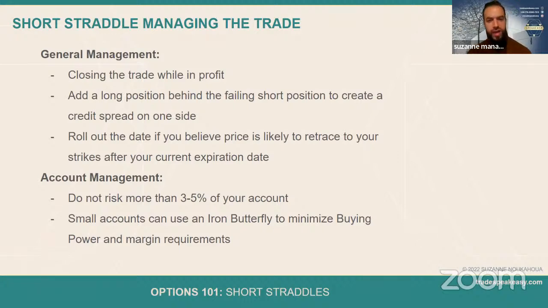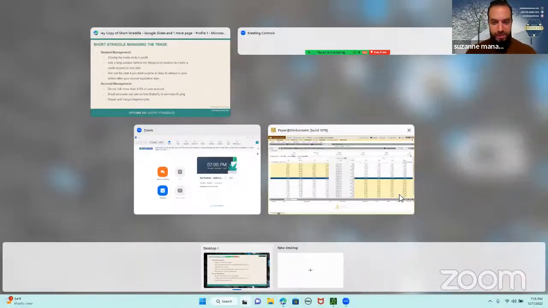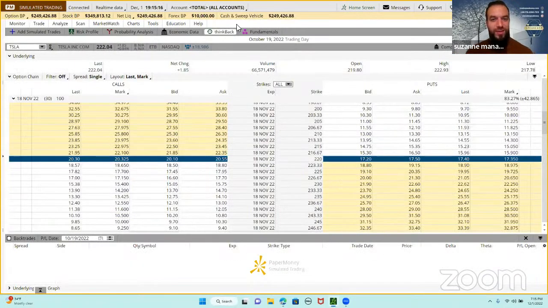Small accounts can use an iron butterfly, we're going to talk about that, to minimize buying power and margin requirements. So that last sentence there is one of the things I'm excited about. Essentially, I keep burying the lead. I'm just going to keep talking and then we'll get there. All right. I'm sorry, guys. Keep saying the same stuff over and over again. So